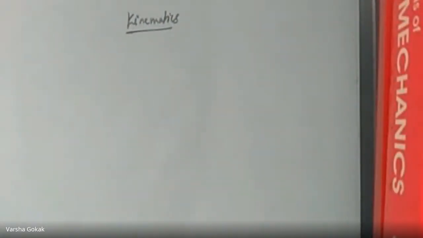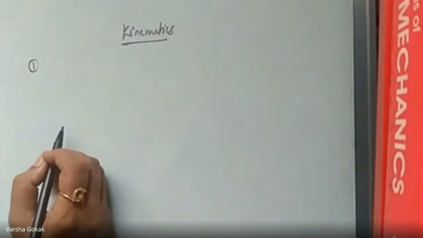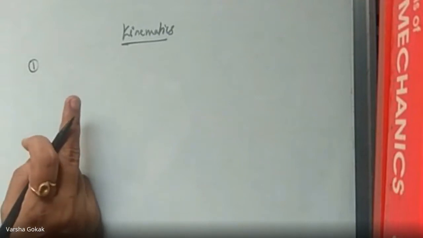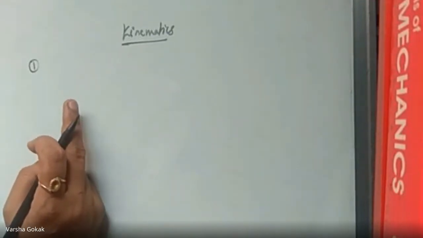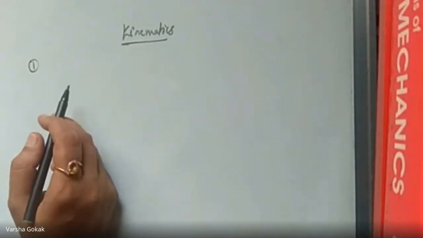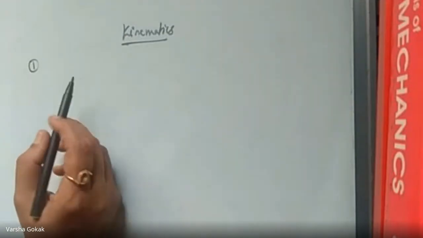Good morning, everybody. So we will continue with the next set of examples related to the equations of motions and motions under gravity. Okay. So the first example for the day is a burglar car. What is a burglar car? A thief's car. Okay. A burglar car starts with an acceleration of 2 meters per second.